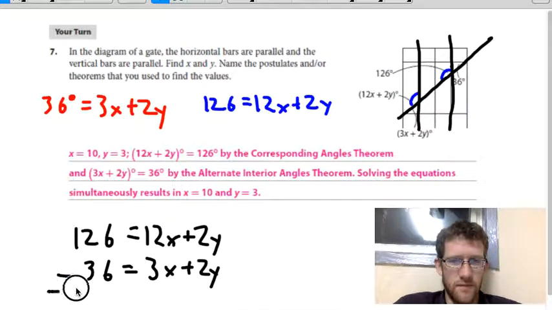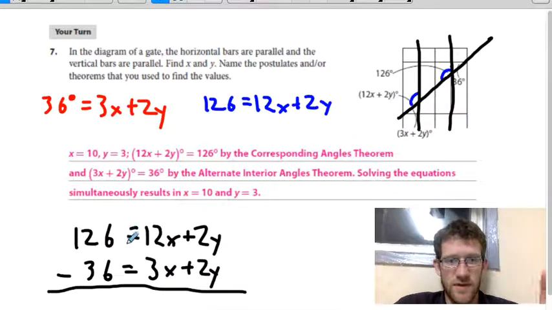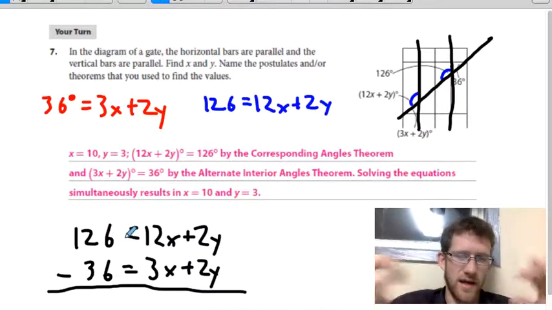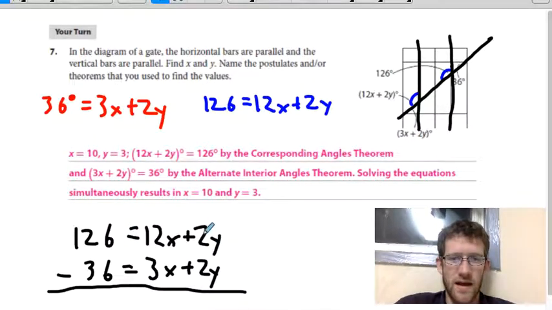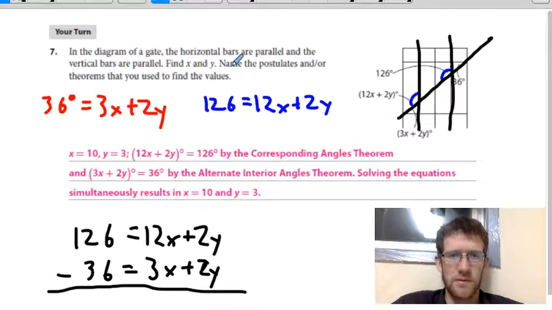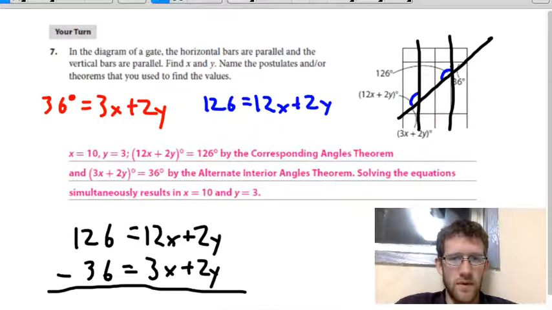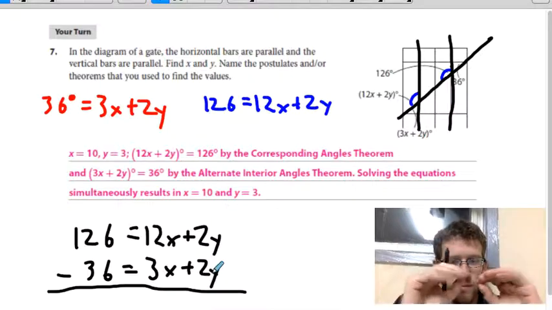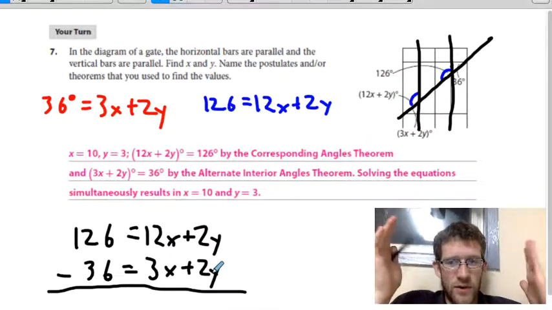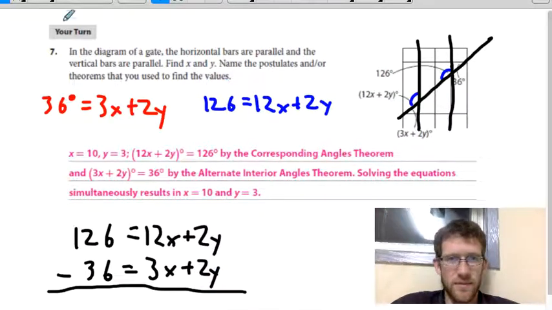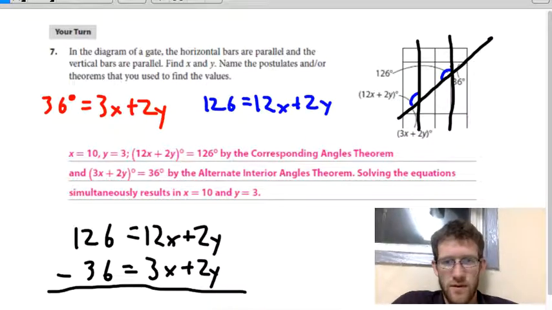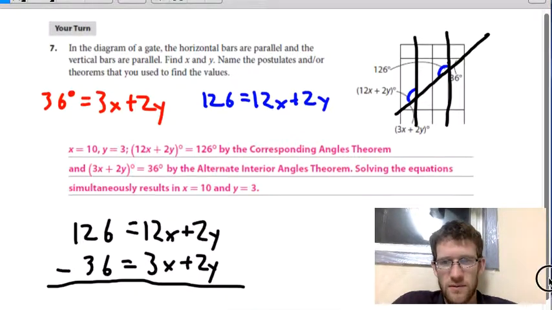And it doesn't have to be subtraction. If there's a negative value, you can get it to cancel too. But because I have a 2y in both of these, since I have 12x plus 2y and this one's 3x plus 2y, I can subtract the two equations from each other, and the 2y will just poof disappear. So I can get it down to a single variable using this subtraction method. So I'll go ahead